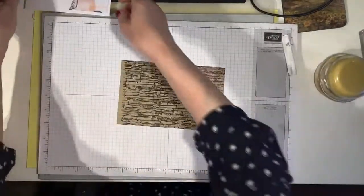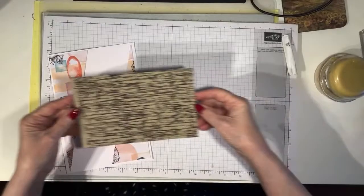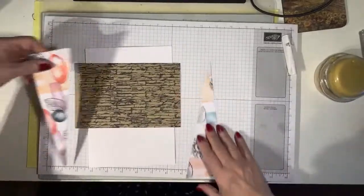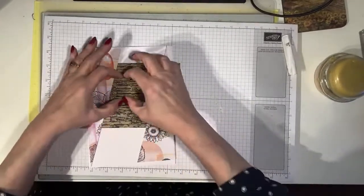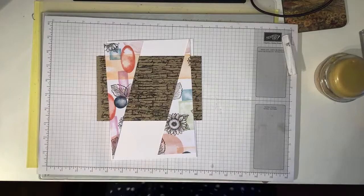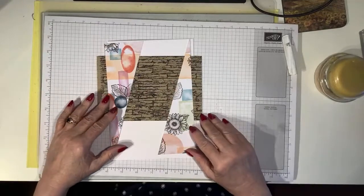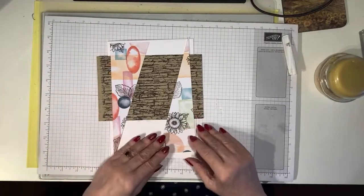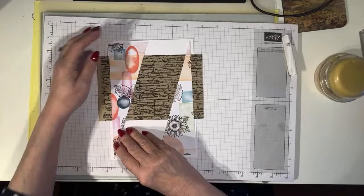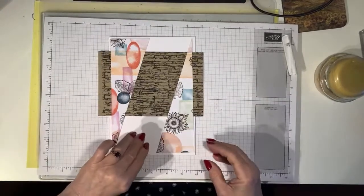So here I am with my brick wall, my fake brick wall, and in my mind I'm thinking of doing 2 pieces behind here, so perhaps one there and one there, and I could do one thicker and one thinner, or I could do 3 strips. What do you think, girls? Should I cut that into 3 or 2? 2 different sizes, or 3 the same, or 3 different sizes. I could do a narrow one, a wider one, and then a wider one still at the bottom. Okay, I'm going to put that out to the jury to vote,